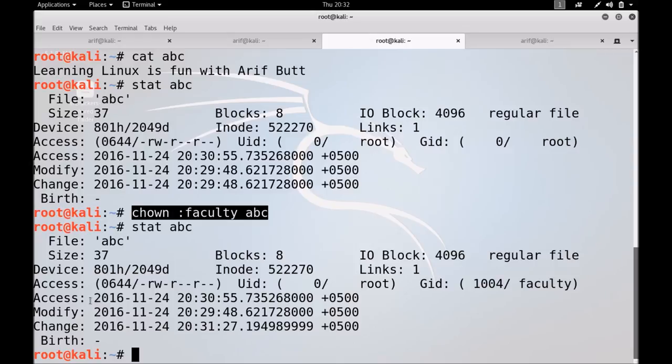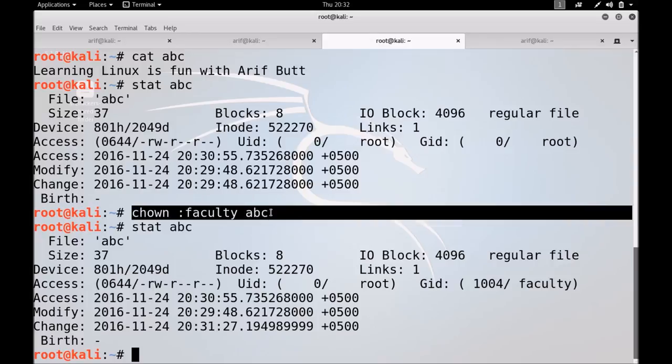Similarly, once I run the cat program on this file abc, the cat program reads the file and updates its last access time. And once I ran the program chown on this file abc, it updated the status change time. And these different programs get these times from the system clock. Remember, not the hardware clock, it's the system clock.